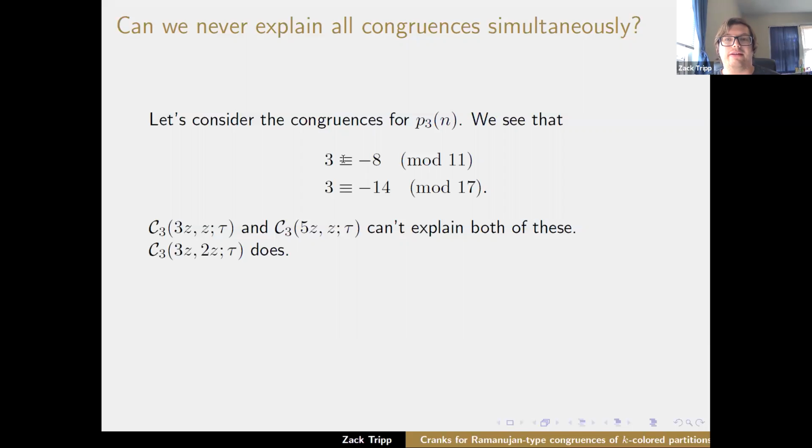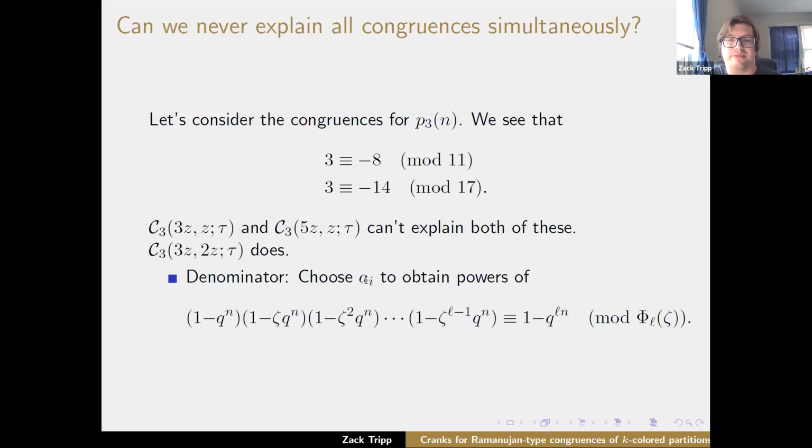But it turns out that choosing a different choice of a sub I, in other words, one that's not in either of those families we mentioned, there are ways to do so. The key thing is, in our paper, we just never really found a uniform family to do so for all k. And again, just a reminder, this choice of a sub I I'm referencing is we're just playing this game of trying to get the right powers of zeta so that we have divisibility.